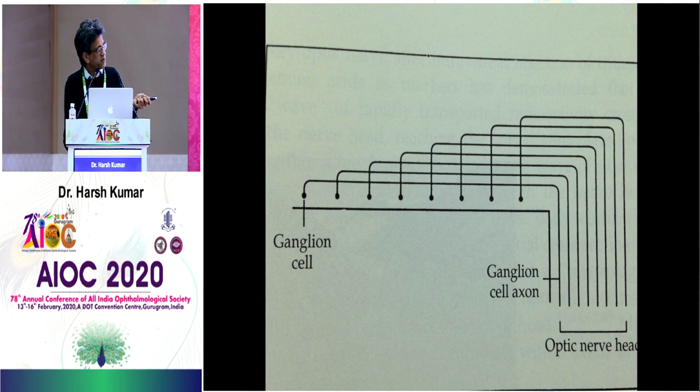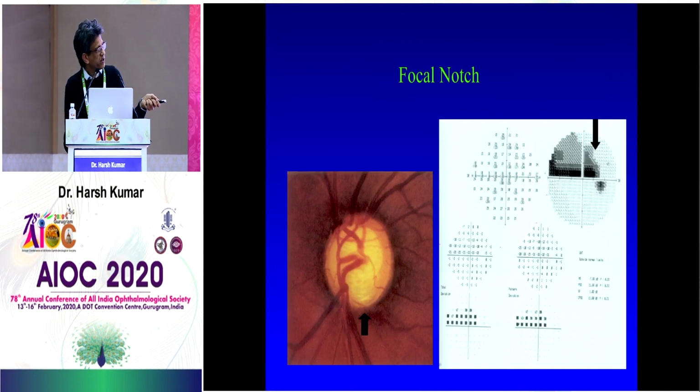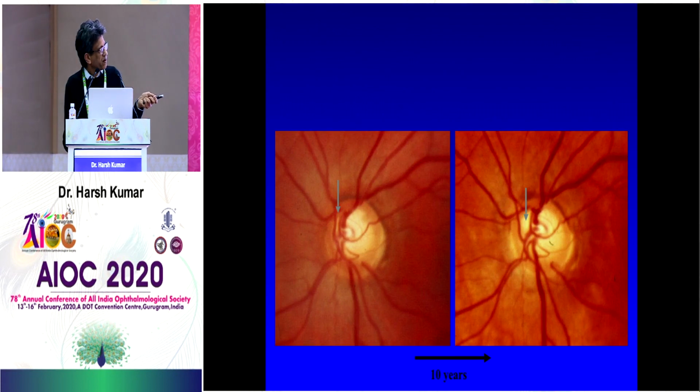Always remember, and central fibers are going to the center of the nerve. Therefore, if the defect is from the center, it will come to the periphery here. If it is in the middle, it will come like an arcuate here. And if it's a peripheral thing which is being spoilt and pressure is building there, there will be a nasal step. And if everything is involved, like in this case where you see the entire thing is gone, then you will get a total defect right till the periphery over here.